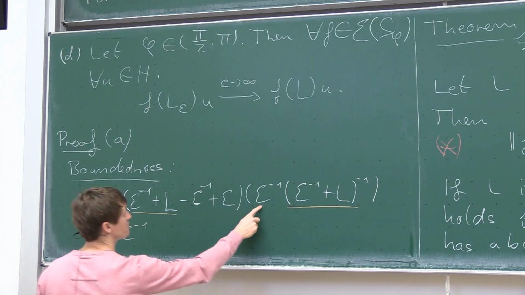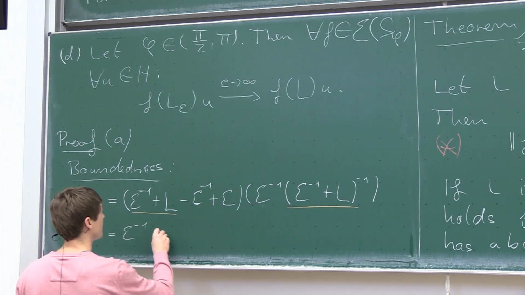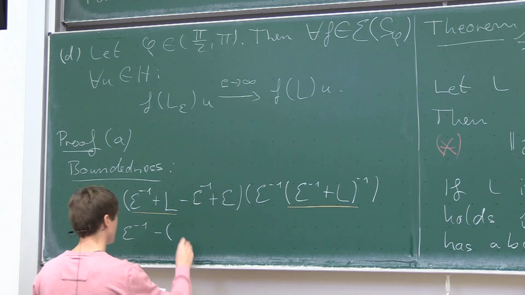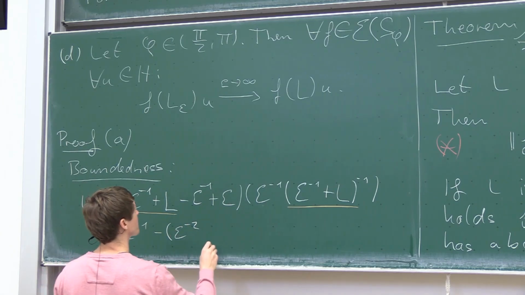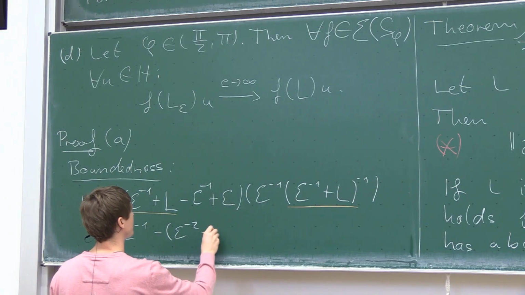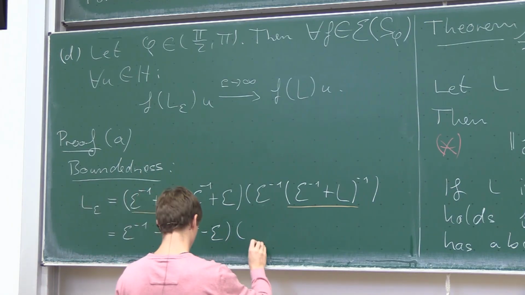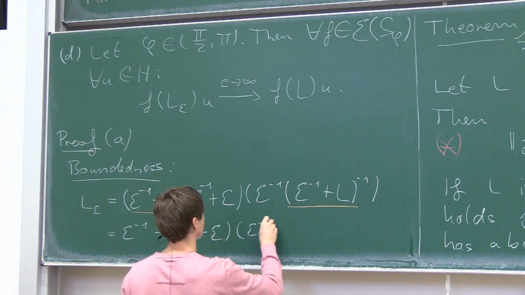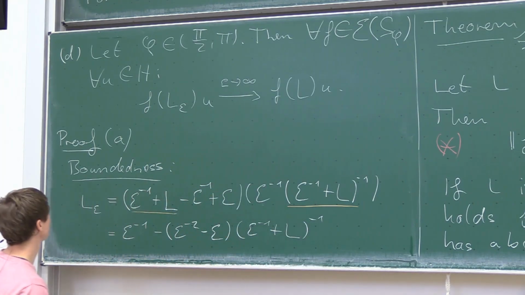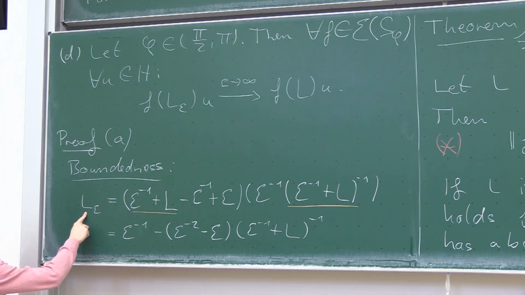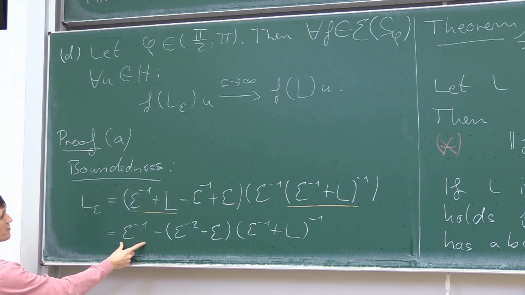And we also multiply it here by epsilon to the minus 1. And this gives a minus epsilon to the minus 2 minus epsilon times epsilon to the minus 1 plus L inverse. Okay, and now you see we reformulated the operator L epsilon into the difference of some bounded operator here, which